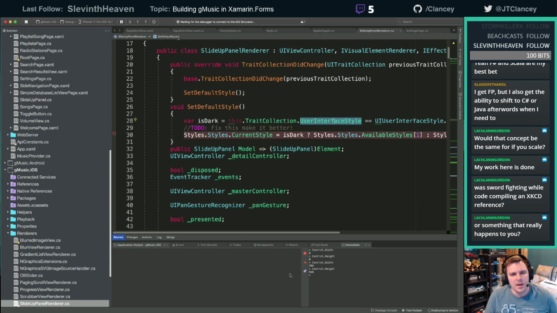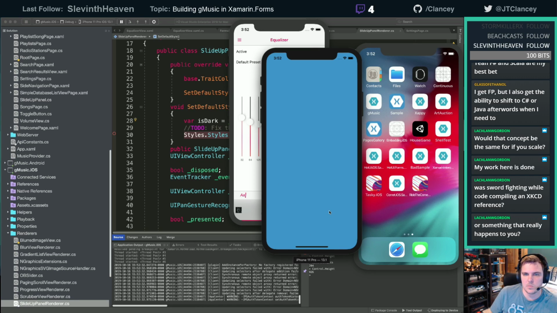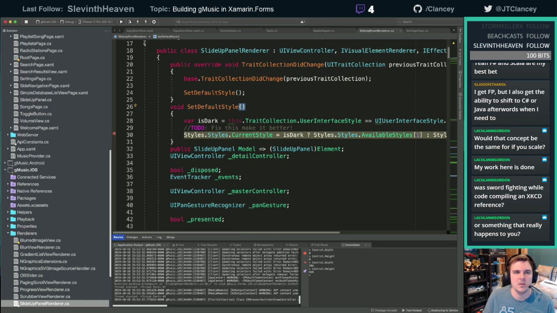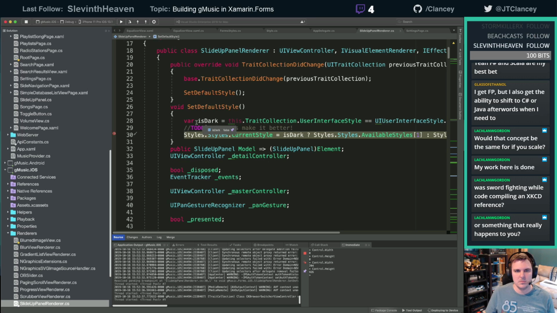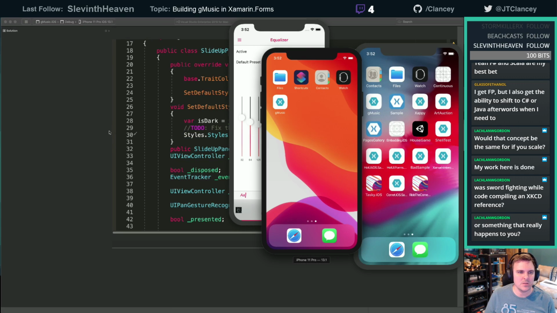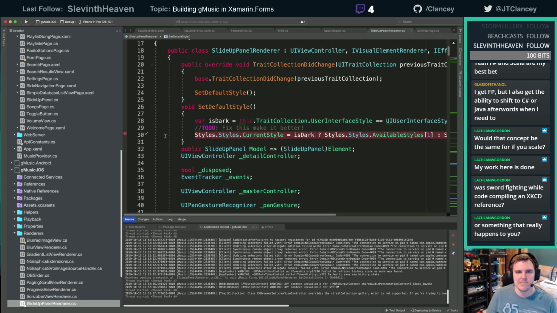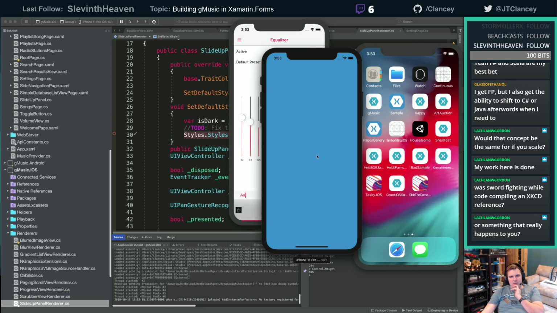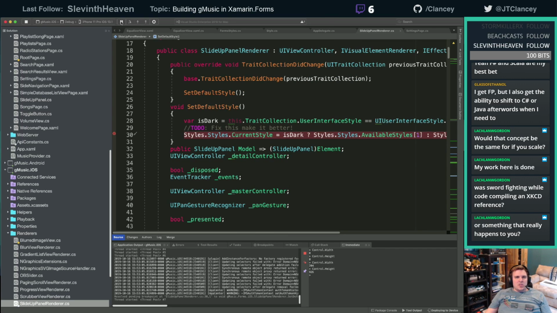That's really weird. And then let's go into the settings, switch to see if this dark mode thing fires. Okay, it fires on load. We're going to, come on, hotkeys. All right, is dark is true now. Now false. Why did that toggle? And why did it crash? Oh, I should check the application output before I quit. All right, fires once.